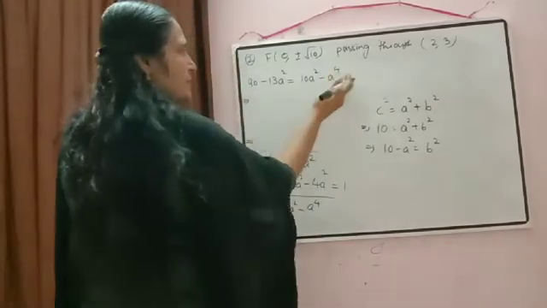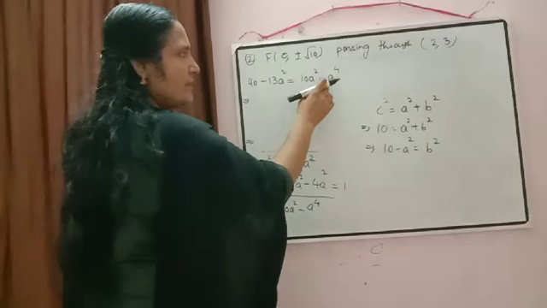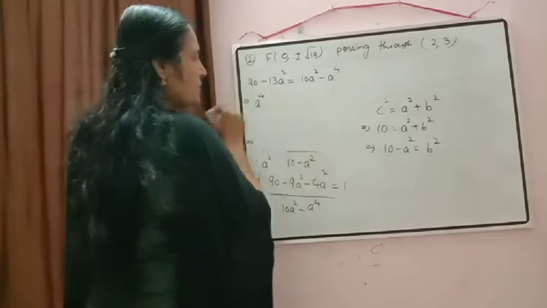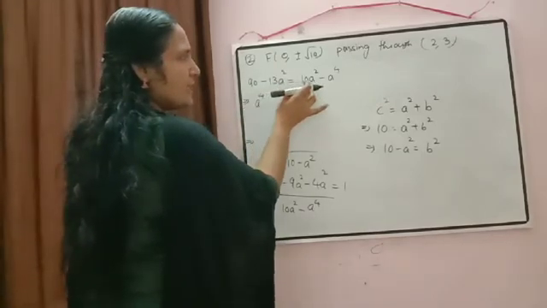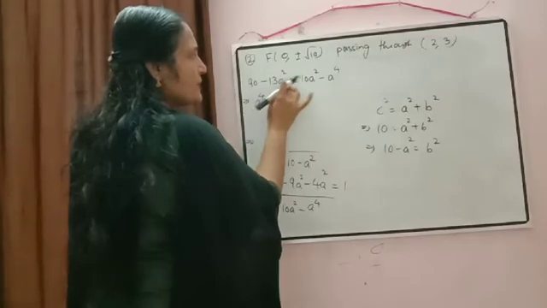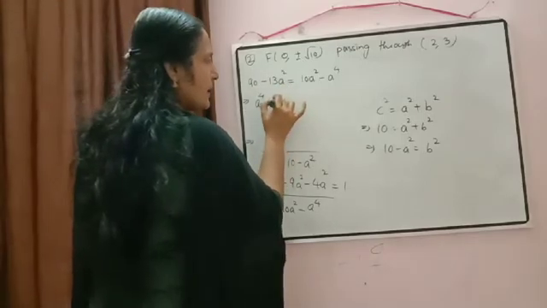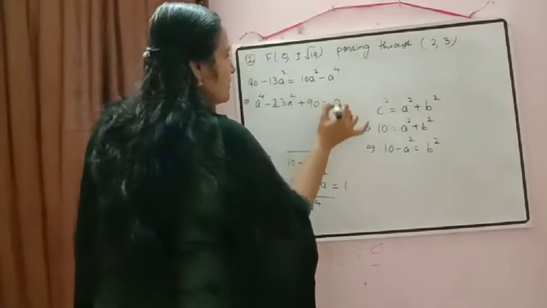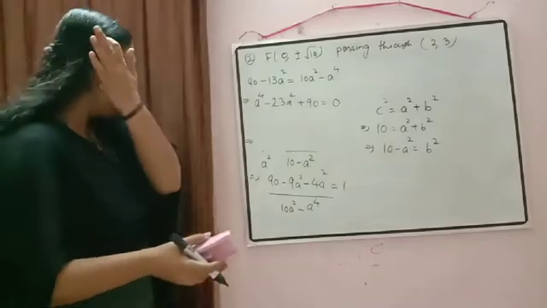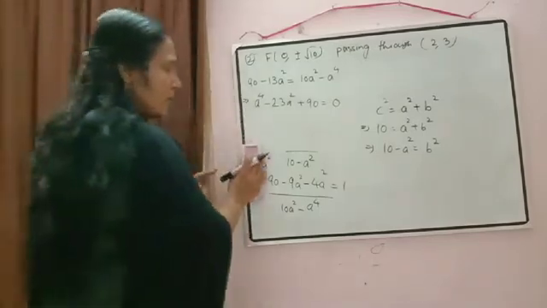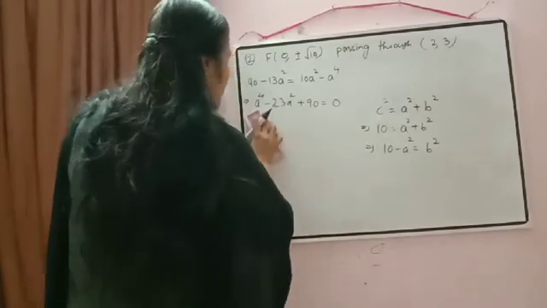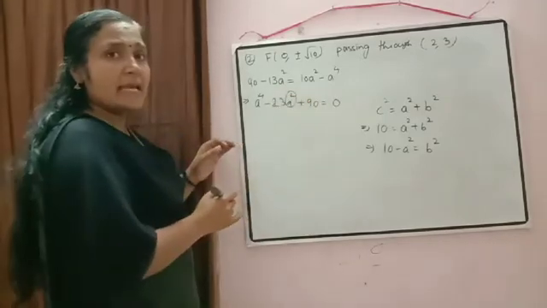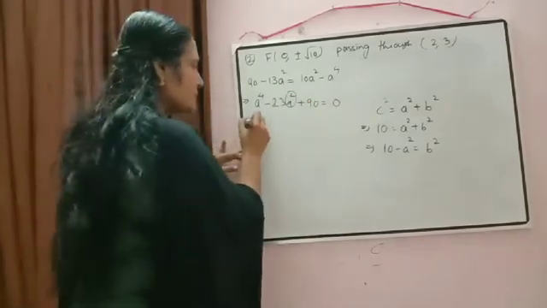Now we can shift all the expression to left hand side and we are arranging it in descending power there. So first it will be equal to a raised to 4. Now when we shift here, it will become negative there. So minus 13 minus 10 will be equal to minus 23a square plus 90 is equal to 0. Correct? Now here either you can use the quadratic formula also, but when you use the quadratic formula, you will get the value of a square, because here the middle term is a square. Rest everything is the same. You can use the same formula.